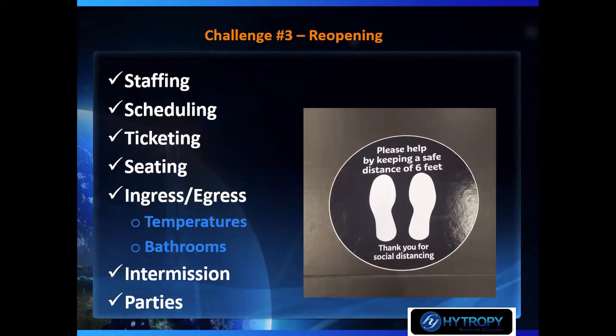You can't do that, because I will tell you this. If there is a COVID outbreak at your theater, you are closed and you are not reopening. I'm just telling you that right now. It doesn't matter what state you're in, because if you have a massive outbreak, either the government will close you, which will be the case in most instances, especially with this political atmosphere, or the press will. The press will close you, because they will put out a number of things saying these people didn't think this through, they didn't do this, they didn't do that, and that will ultimately doom you,